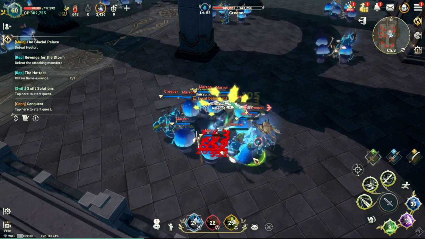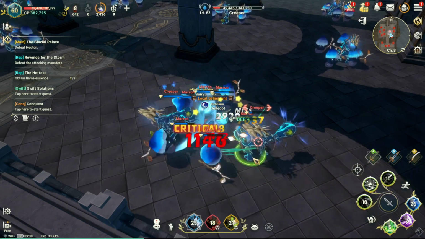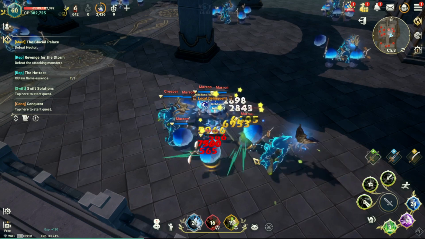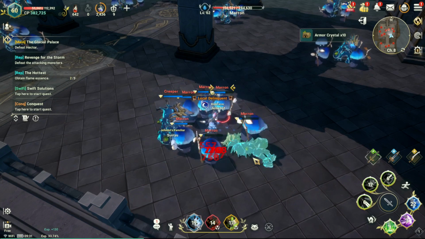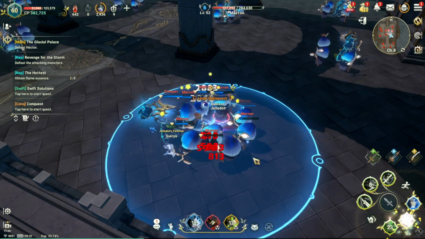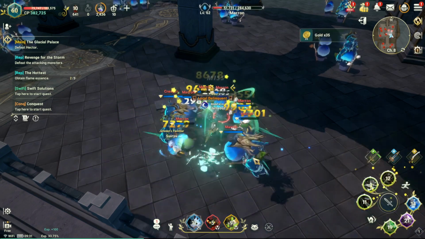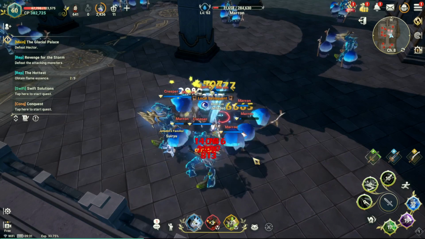So that is why you should be doing Chaos Gates: for the Swift certificates, for the inventory slots, for the conquest certificates. It's basically a daily routine that you should try and aim to get 3 Swift certificates from Chaos Gates a day. I think that is all I have to talk about in this video,